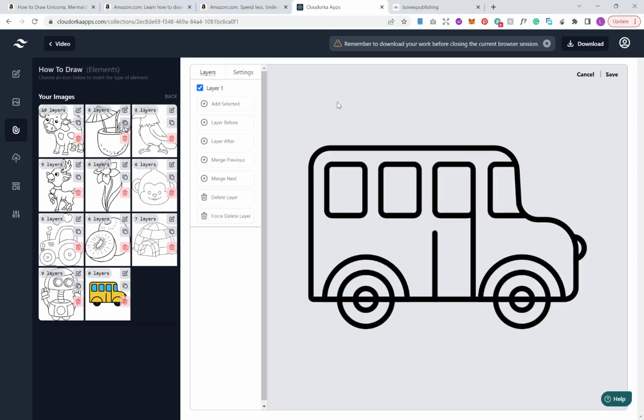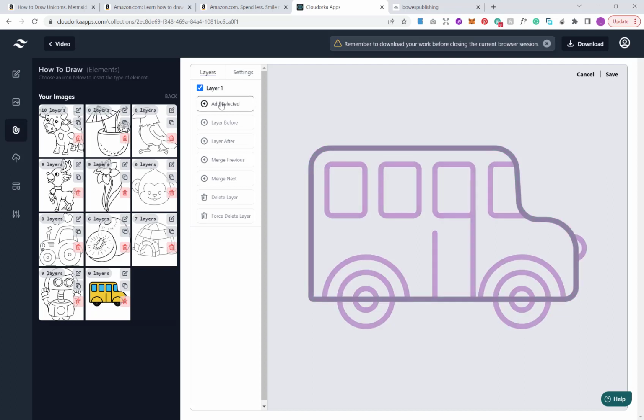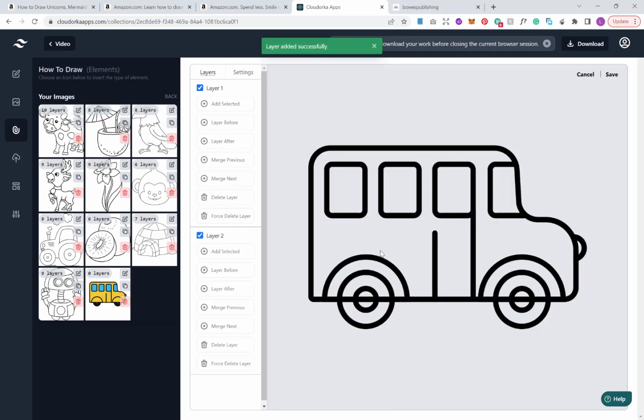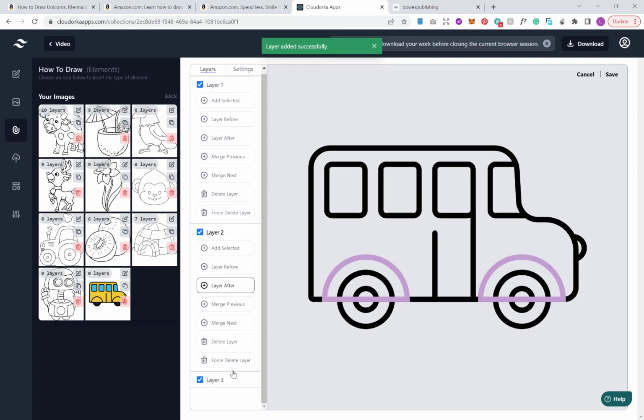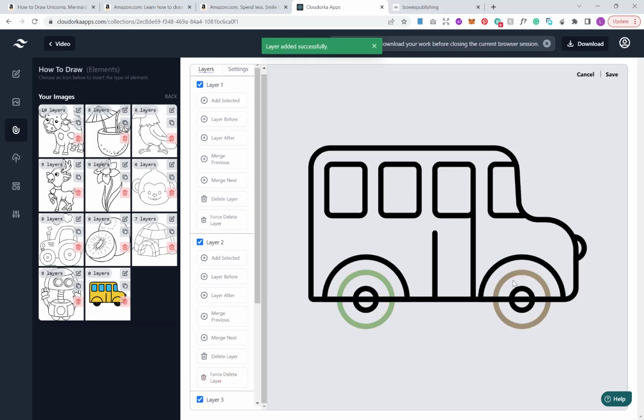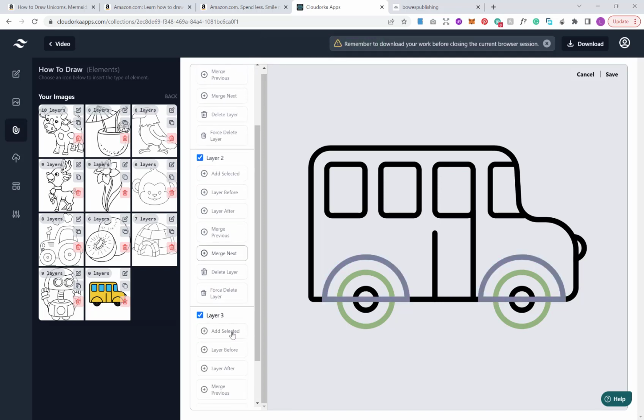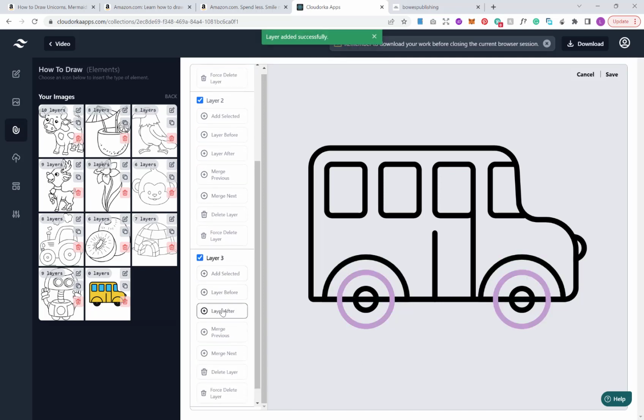So what you can do here, as you can see, is select different elements to make up each layer. So for example, with this bus, if I want that to be the first layer, add selected, and then add the layer after. And on this layer, let's go for these two here, add selected, and then layer after again, and then add our wheels in this layer, add selected and another layer after,